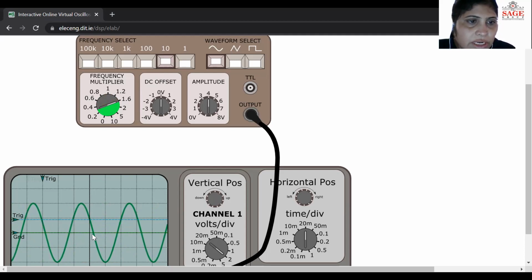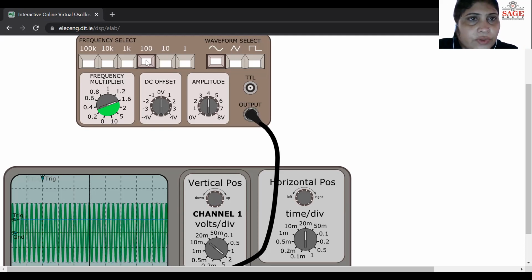Now the signal is of 16 hertz. Next, if I click on 100, and the knob is on 1.6, then 1.6 multiplied by 100 is 160 hertz, right? So you can see the 160 hertz frequency is available here.